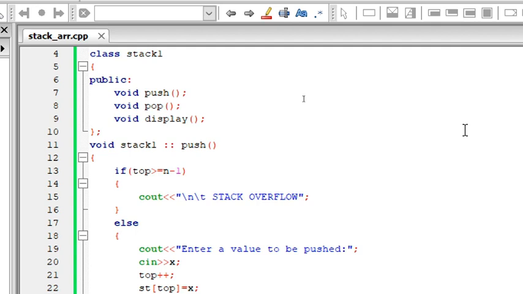Like the girls wearing the bangles. That'll be an example where I can relate it. And please don't use this example in examination, it's just to make you understand how the stack mechanism works. Have you ever seen girls wearing bangles? If they have 5 bangles, they wear the bangles one by one, 1, 2, 3, 4, 5. And the first bangle that you can remove is the last bangle which was inserted. You can't remove the middle one or the first one that was inserted. That's the mechanism that we use in stack. Last in, first out. Always remember this.